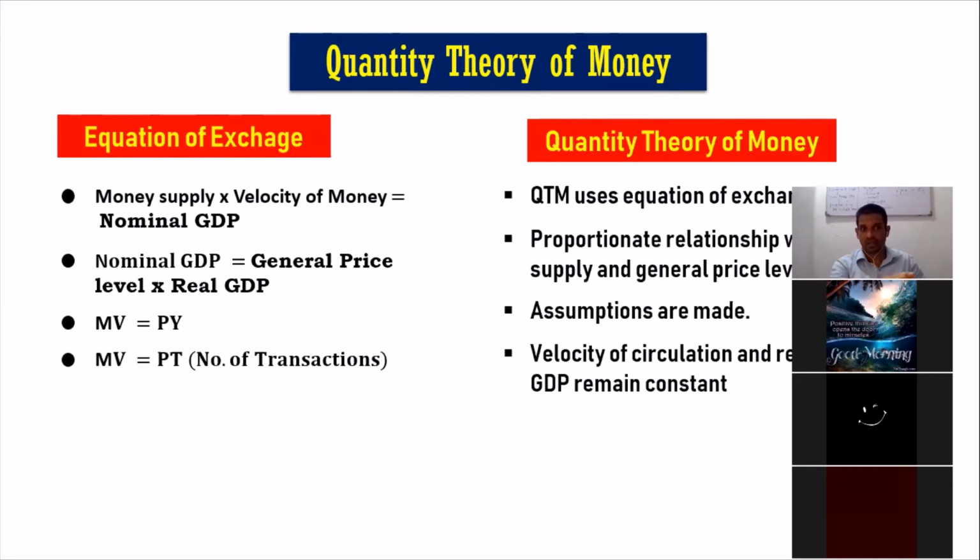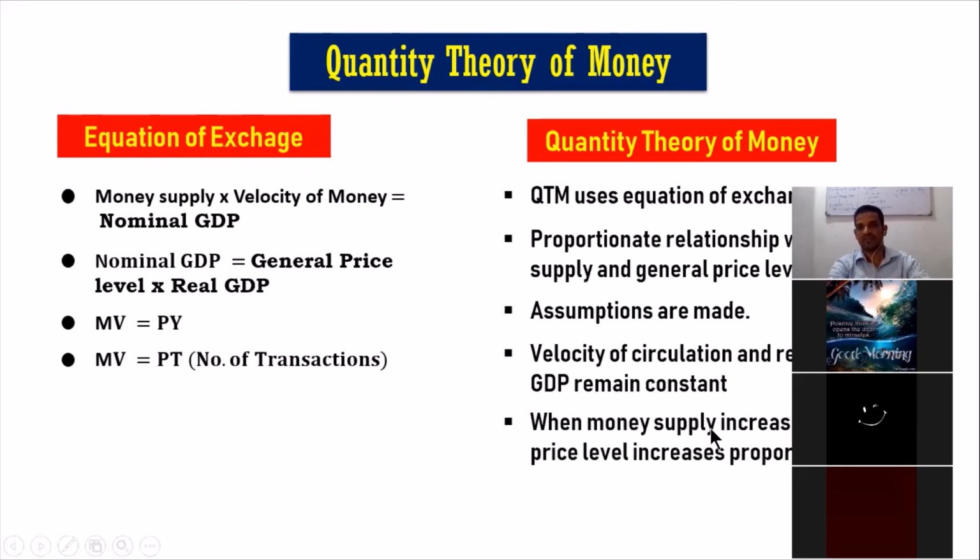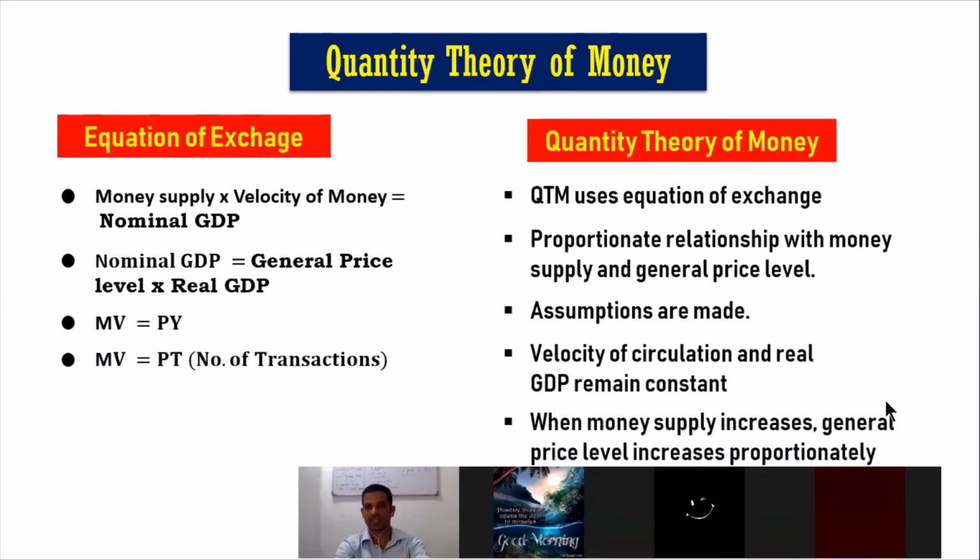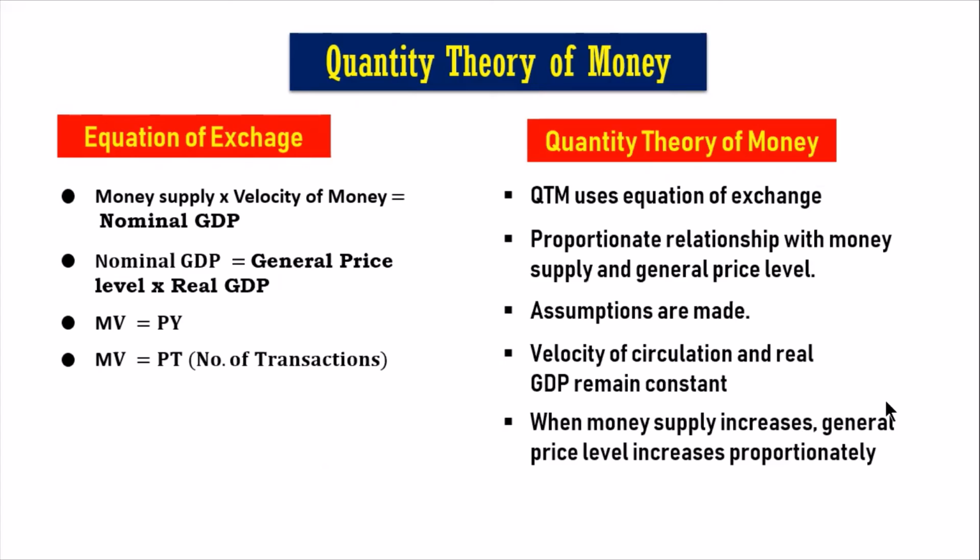What are the assumptions? From one side, velocity of circulation remains constant. The other side, real GDP remains constant. Okay. Then, yes, we can elaborate that proportionate relationship. What do you mean by this proportionate relationship? When money supply increases, general price level increases proportionately. That's what we mean by